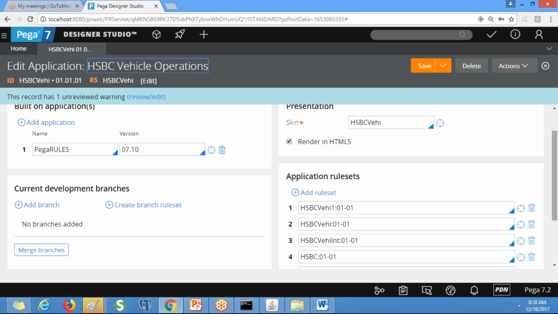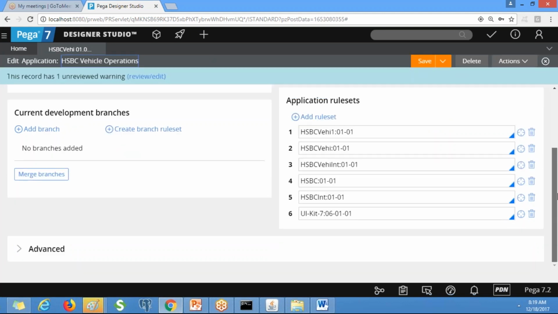But it requires development effort. For this minor change we don't need the developer to be involved. So what we do here in PRPC is delegate those kind of rules to the business users, who are going to use the application. Obviously business users, right? So they can change the interest rates themselves. For that, what we need to do is